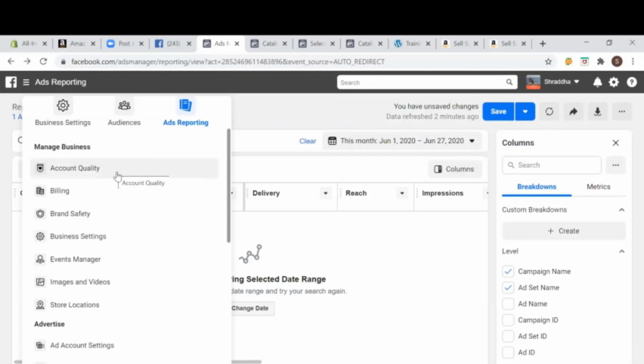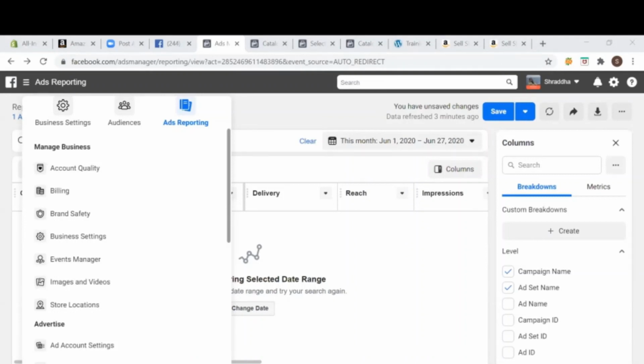So always ensure that the quality of your page remains high. It is calculated from the amount of budget, the amount of targeting, the type of ads you are creating, and the type of page and products you are creating and uploading. If your page quality is good, then if there are competitors, the bidding cost will go low.